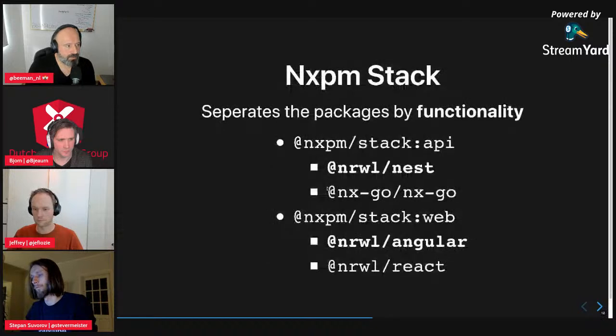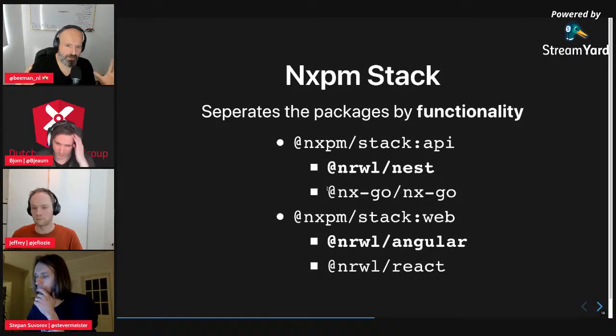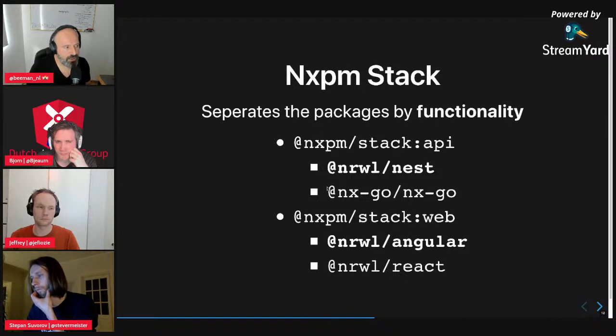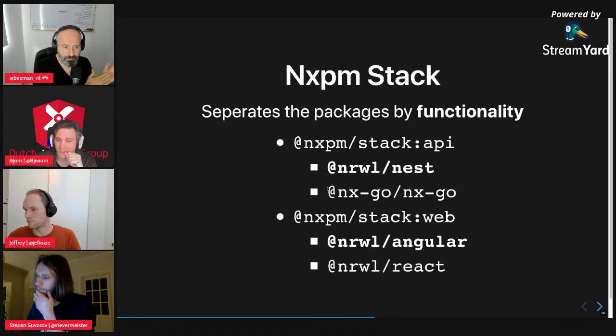Now, on the other hand, NXPM stack generates functionality. This is an interesting division, and it might not be very clear from the start. But if in NXPM stack you talk about an API, you don't talk about how it's implemented. You see API as an entity. And the same goes for web. So we can talk about, hey, generate an API, and then have the user pick which technology they want. We'll go into this a little bit deeper in a little bit, but in essence, this is a new abstraction